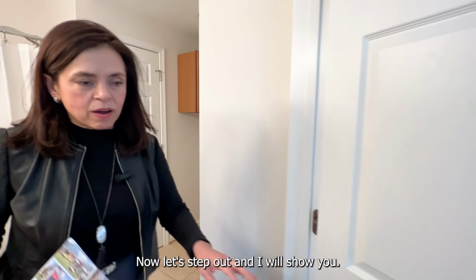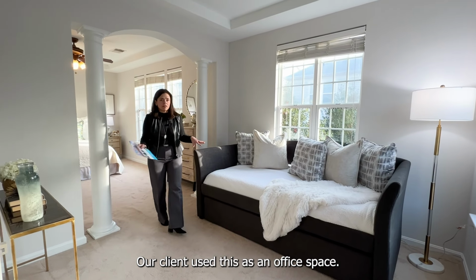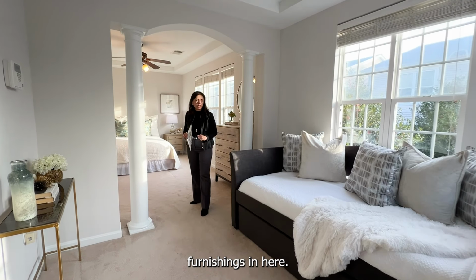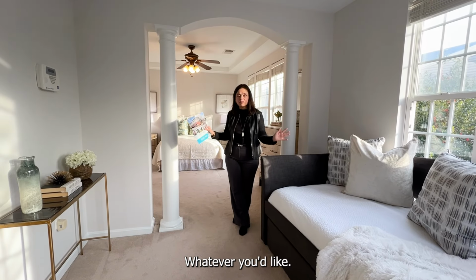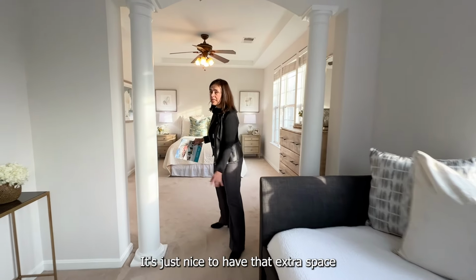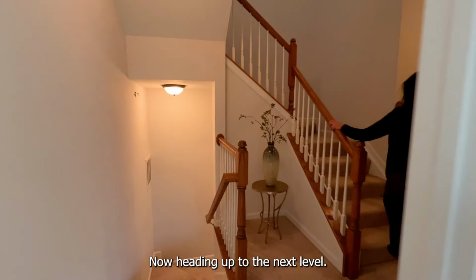Now let's step out and I will show you. Oh, by the way, this is a great office space. Our client used this as an office space, and it had his desk and extra furnishings in here. We have an extra trundle bed, but you can also put a television, you can have a desk. It's a very flexible space, whatever you'd like. It could be a great reading room, a yoga room, a workout room as well. It's just nice to have that extra space and the flexibility to do what you want with it. Now heading up to the next level,